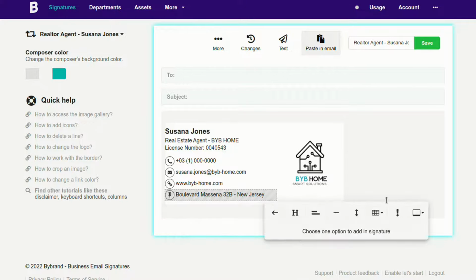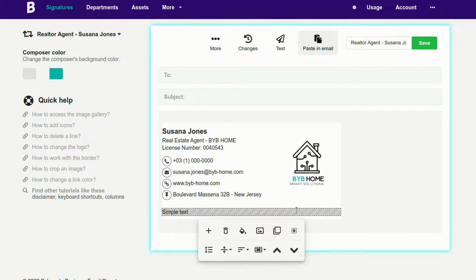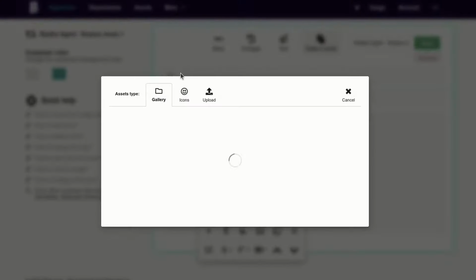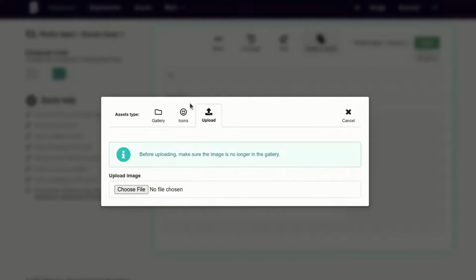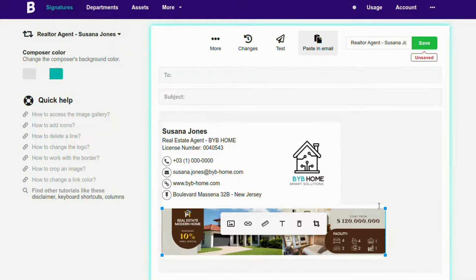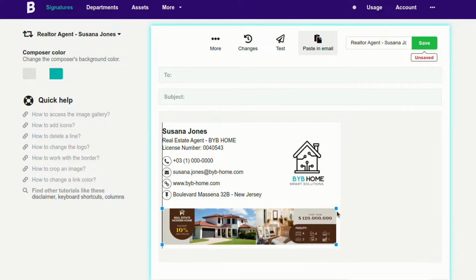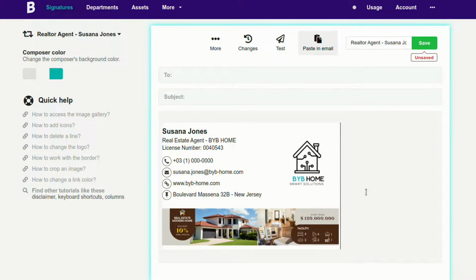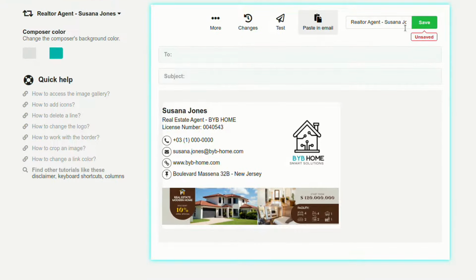Finally, add a banner for a property offer or promotion at the footer. Click to save the information.